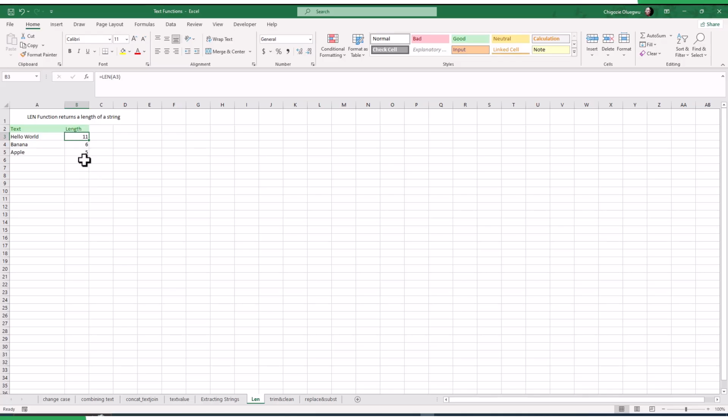Alright, I hope by now you understand how to use the LEN function to get the length of a text